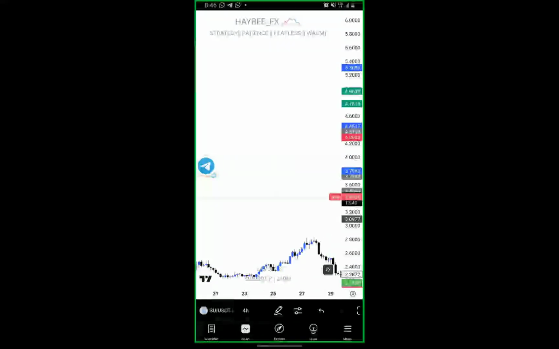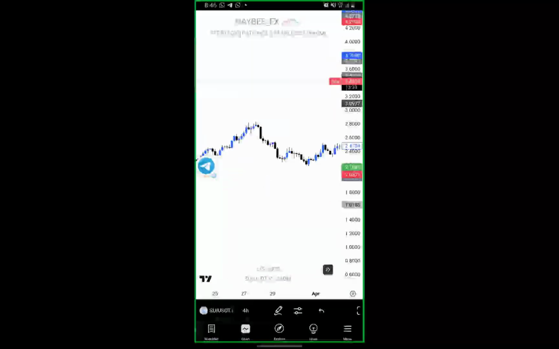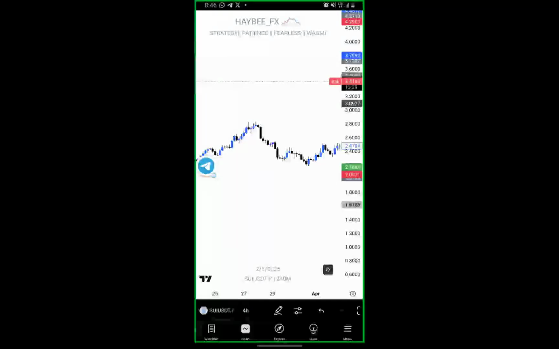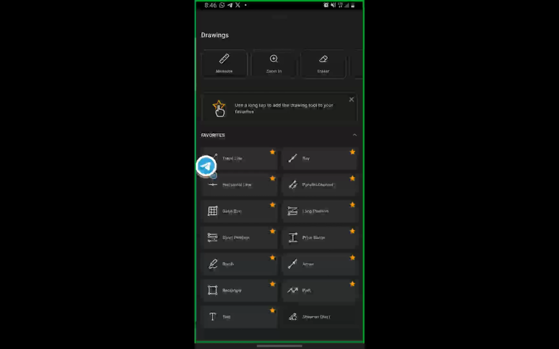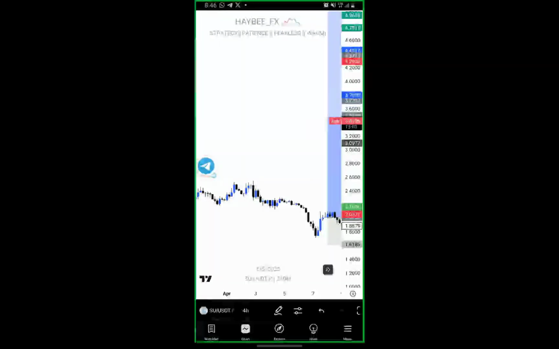But before we proceed to where we see the order block, there are some things you have to consider. If you are writing notes, I want to say all these things so that you can write some things down. There are some things you have to put into consideration if you want to identify a very solid order block. One, let me type it out. Your order block must break structure.